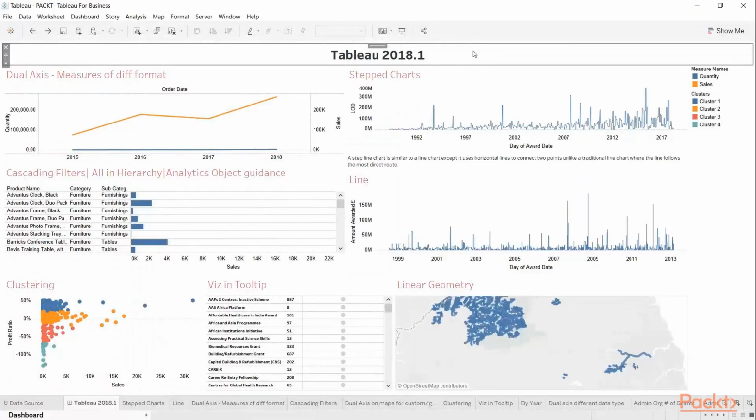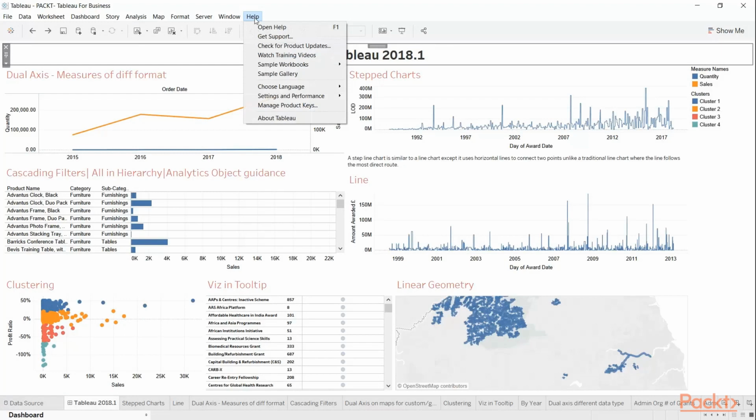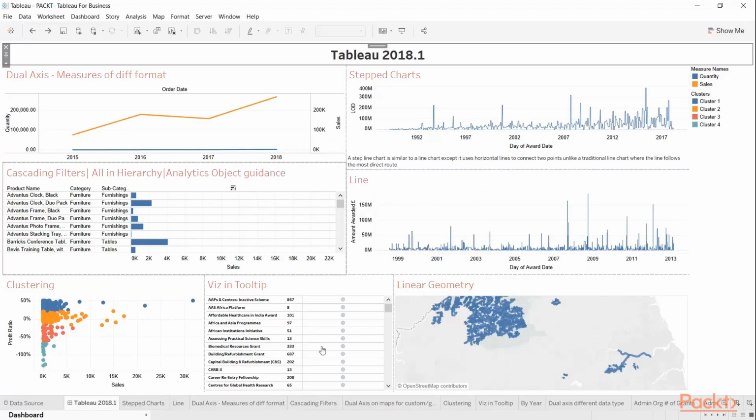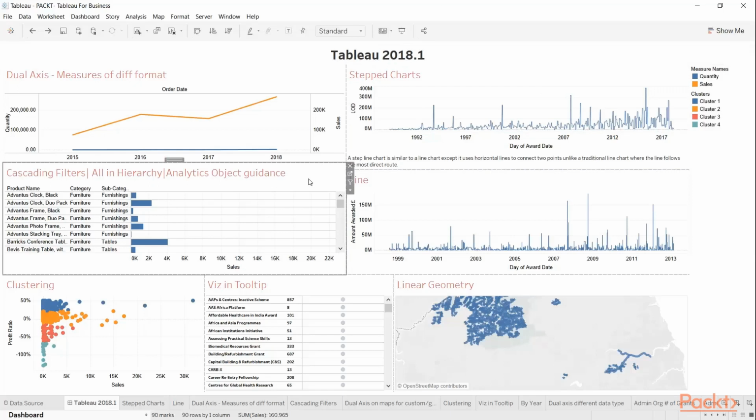So here we have Tableau 2018.1, and just as the previous video said, if you click on the About Tableau, you can see the 2018.1 and the maintenance version, it's 0, because this is the version we've downloaded for the video. Currently it's at 2018.1.3. As you can see, I've split the sections into each one of the features for 2018.1. The first one we'll be looking at is the cascading filters and all in hierarchy and the analytics object